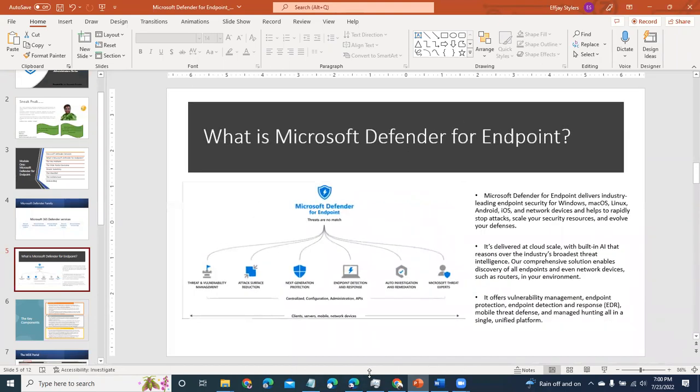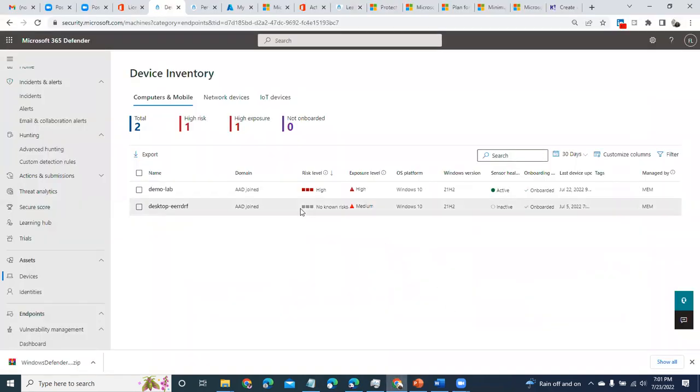Just by onboarding, running that script, you automatically benefit from TVM, attack surface reduction, next generation protection, endpoint detection and response, auto investigation, and Microsoft Threat Experts, just by onboarding it into the MDE service. It automatically makes this device able to do that, so you benefit from those six functionalities, which we'll be showing you as we go through the class.